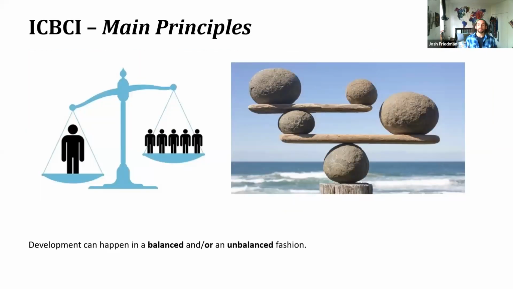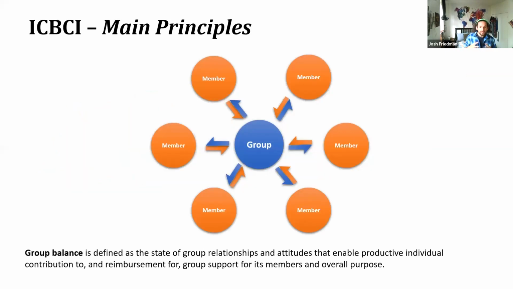This development can happen in a balanced or an unbalanced fashion, right? We can have the group expend itself for the purpose of the individual, be it the teacher or a particularly A student or a particularly F student at any one particular time, or we can address the needs of the A student and the F student and the teacher and everybody in between all at the same time. That would be balanced. How does that happen? What does it mean to be balanced?